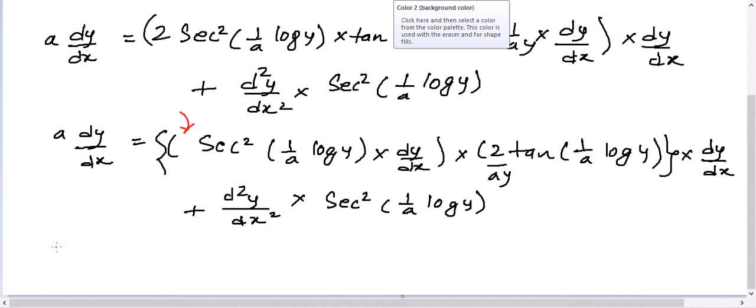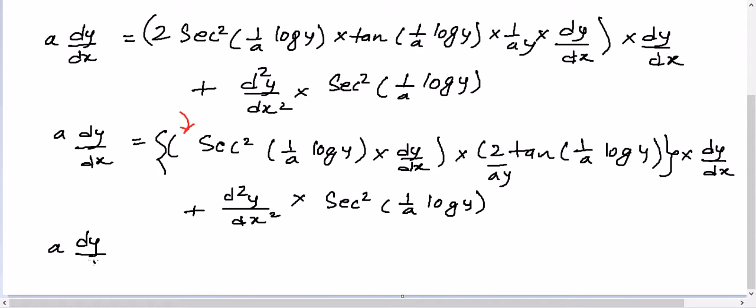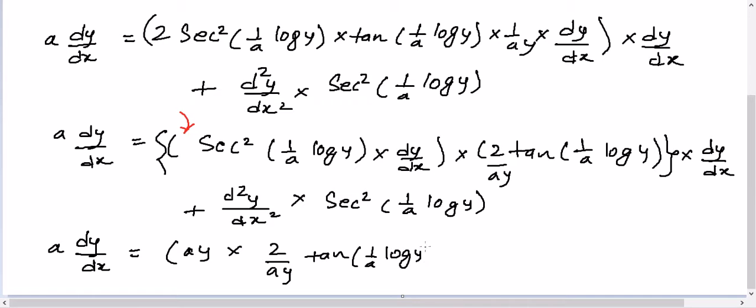So it will be a dy by dx is equal to ay into twice ay tan of 1 by a log y dy by dx plus d square y by dx square